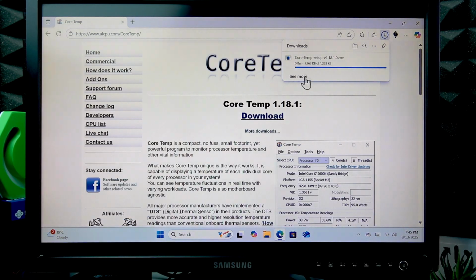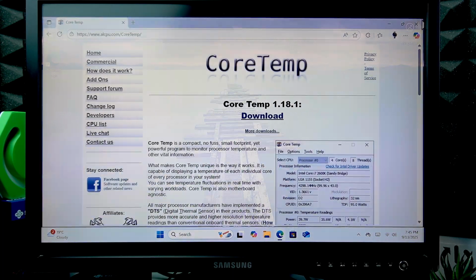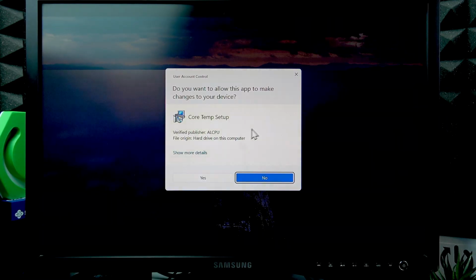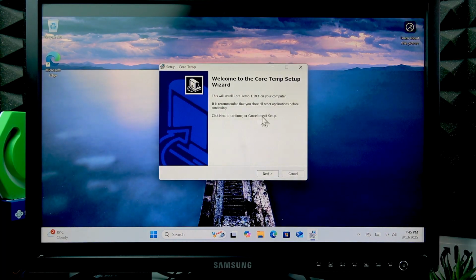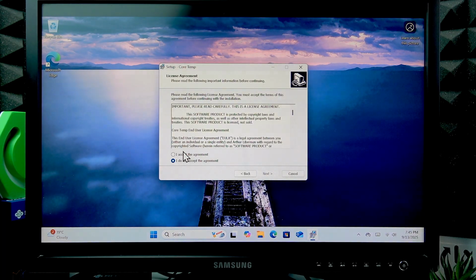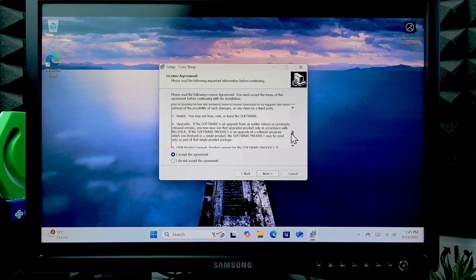Just open this website, and to download this application, click the download icon you can see in the middle of the screen. Wait until the setup file is downloaded, then open it, and at this point you can close the browser. We're not going to need it right now. Then click yes,